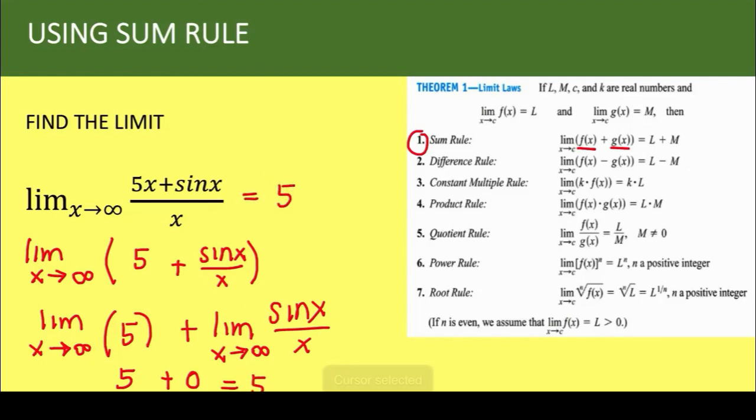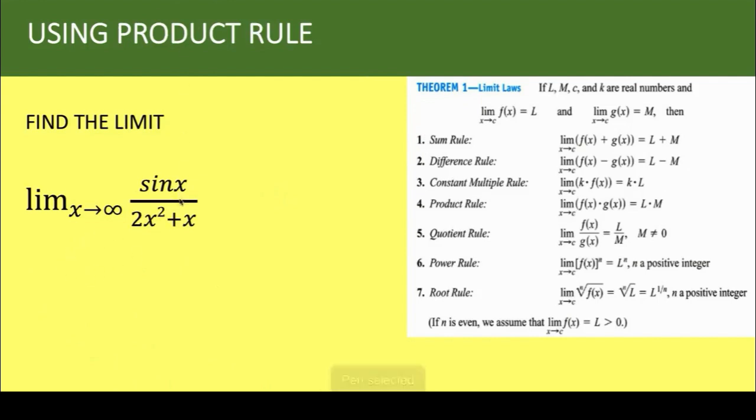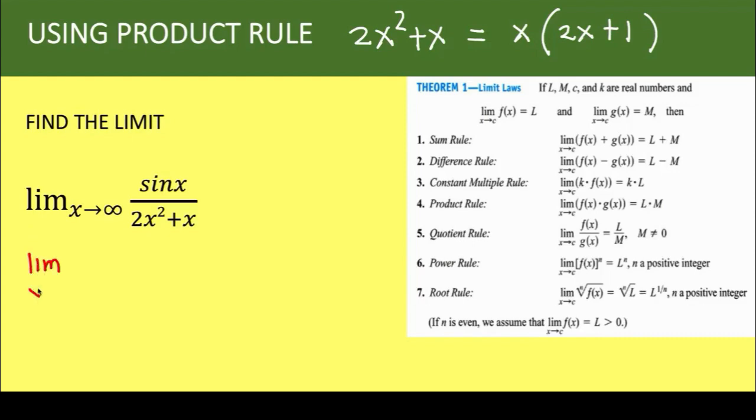Let's have another example. Let's say you have the limit of sine of x over 2x squared plus x as x approaches infinity. What we can do here is simplify this denominator. There's a common factor of x, so we can write 2x squared plus x as x times 2x plus 1. So therefore, we can now write this as the limit as x approaches infinity of sine of x over x times 2x plus 1. Now, using the product rule, we can express this as the limit of the product,